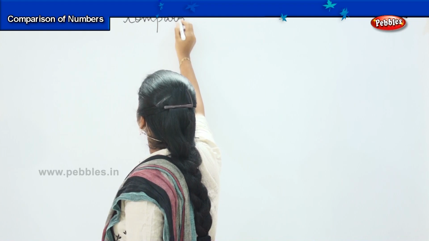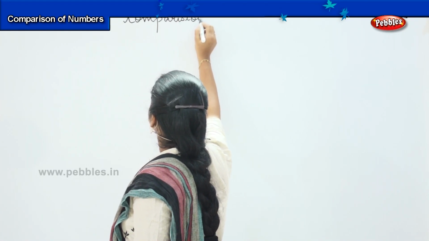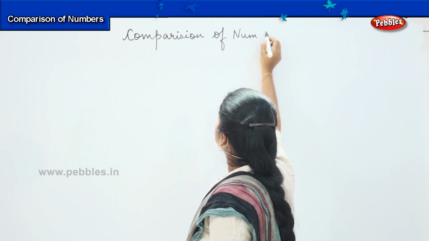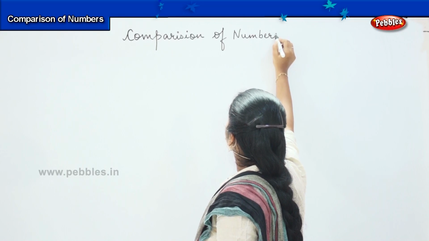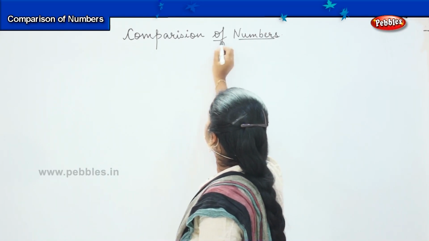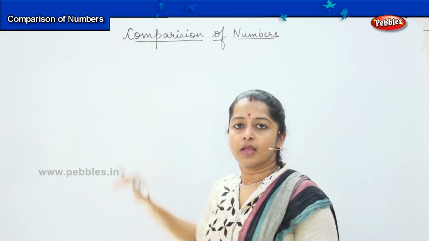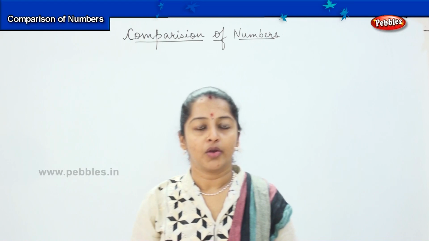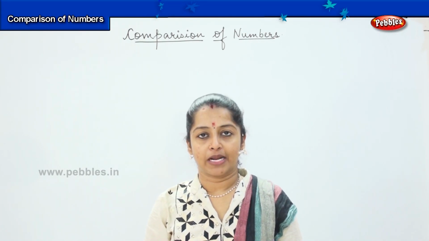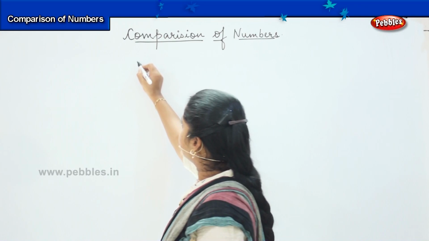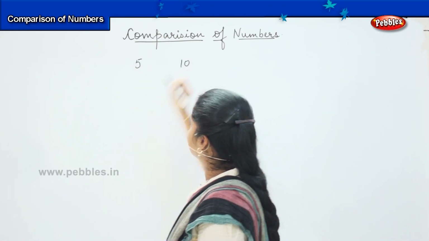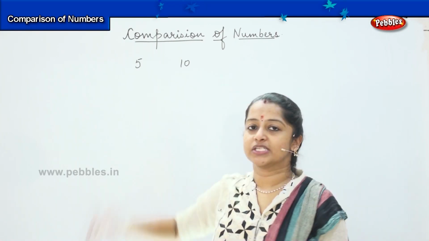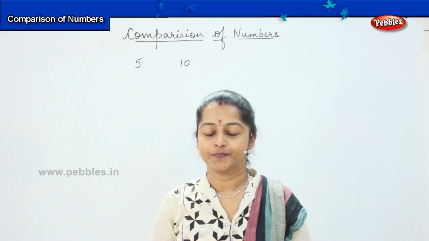So children, what do you basically mean by the term comparison? You would have heard this term many times in your day-to-day life, where people tell you regarding the comparison factor. Comparison means when two or more things are being compared. It can be compared on various parameters. For example, if I take the number 5 and 10 and I want to compare them, what are the different ways in which I can compare? Can you just think and let me know?